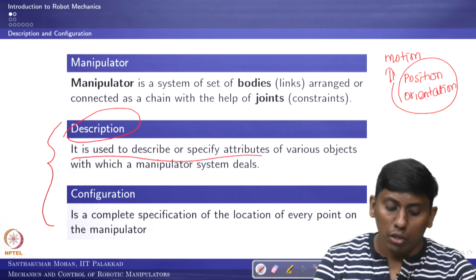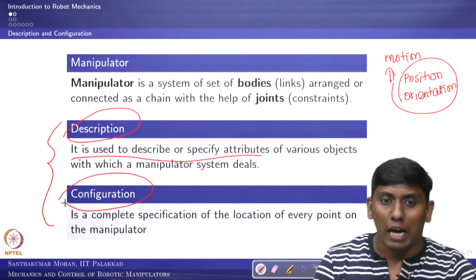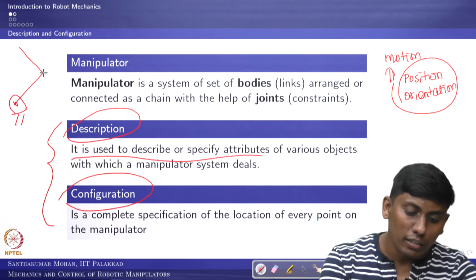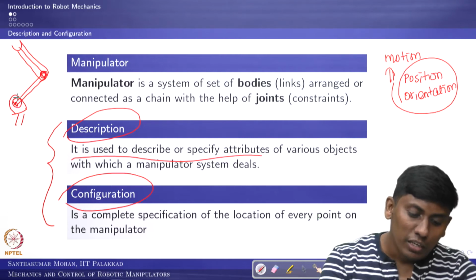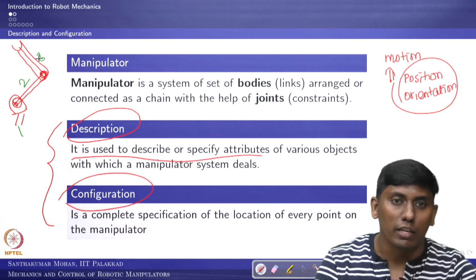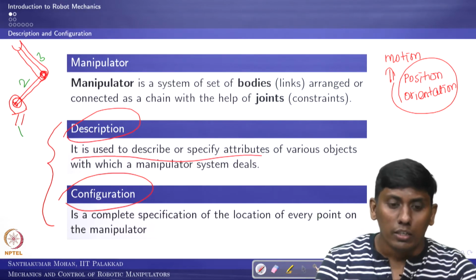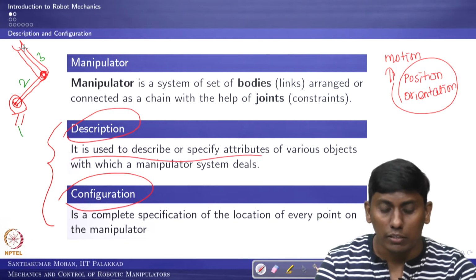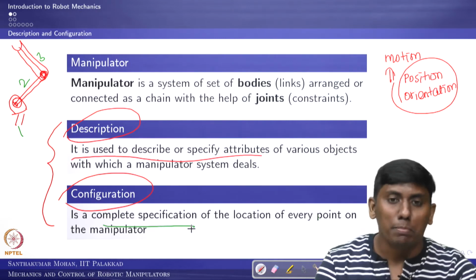Further, the way a set of bodies is arranged makes one configuration. For example, I take two bodies and the ground, and I arrange them like this. This is one body and this is another body, arranged in such a way that a circular pin is connected. Now, if you look, these are 1, 2, 3 bodies, arranged in some kind of arrangement. This kind of arrangement we are going to call a configuration. What does that mean? It gives a complete specification of the location of every point of that system.